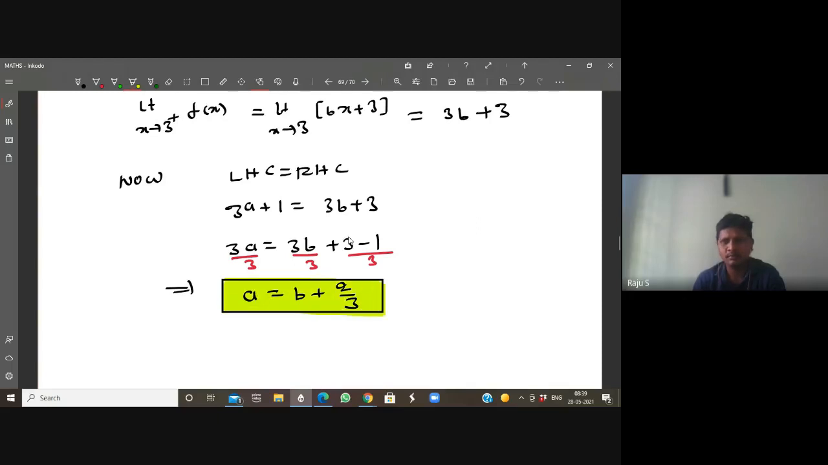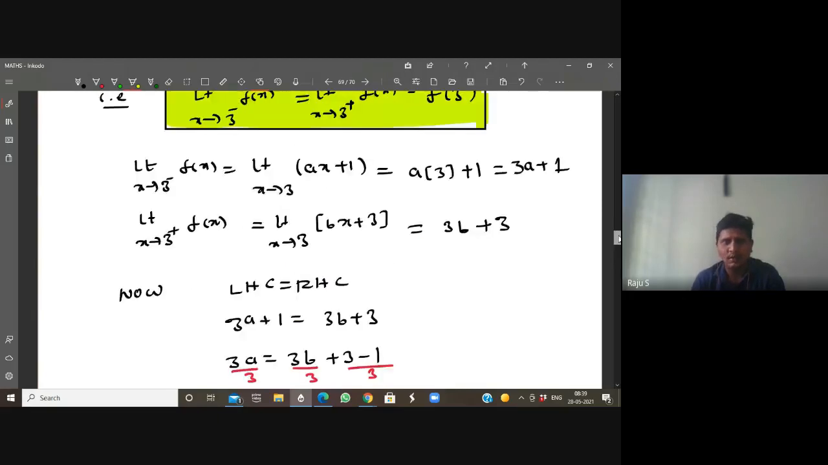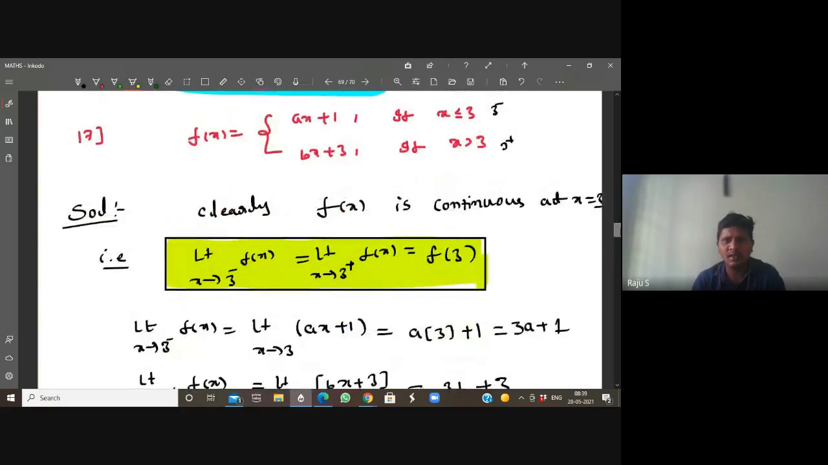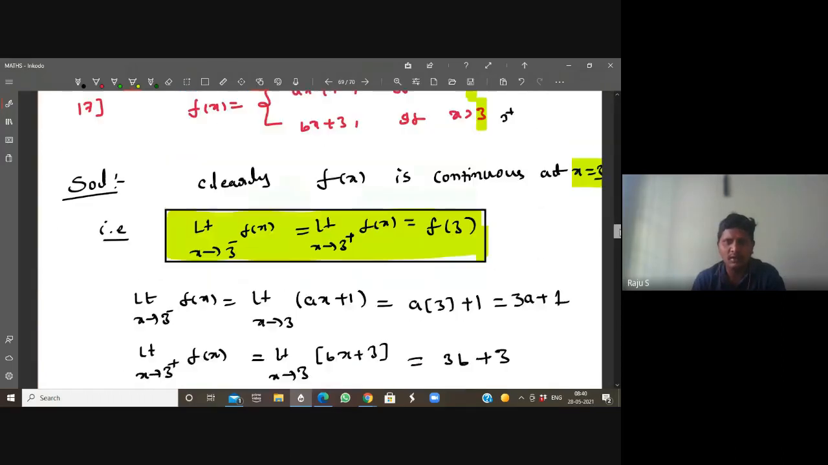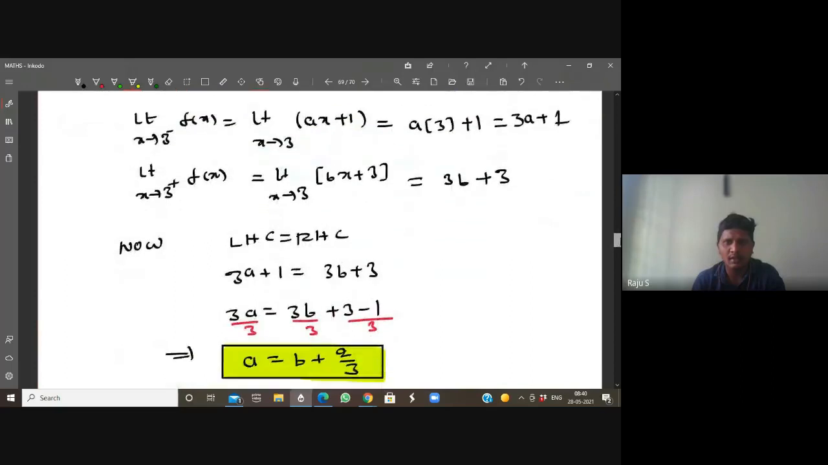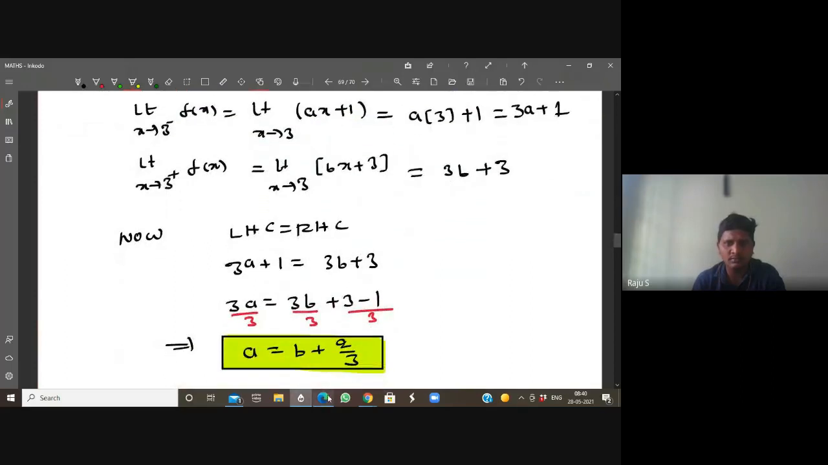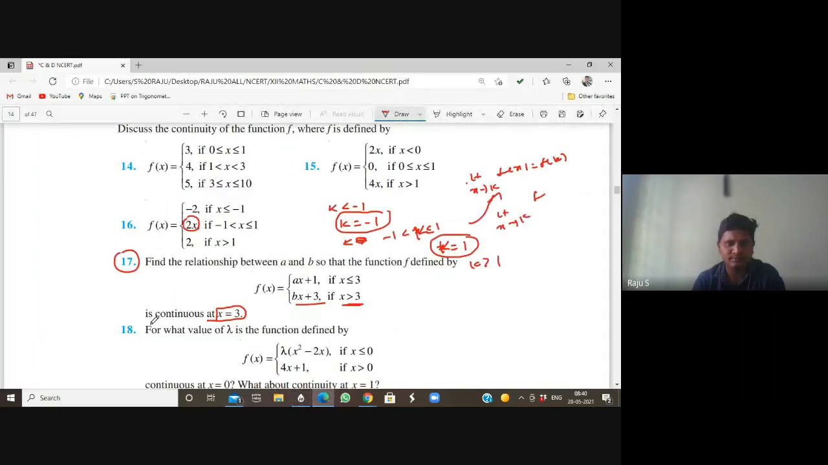Clear, students? Because in the question itself they have given that it is continuous at x equal to 3. This is the formula because at a particular value they have given continuity. At 3 there are two different cases, so we use the second formula. Any doubts? Next,